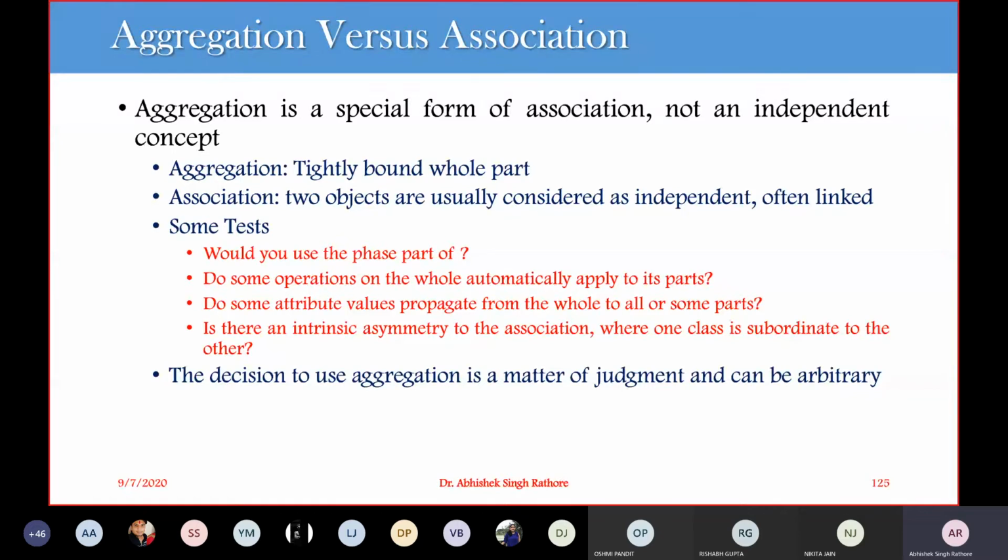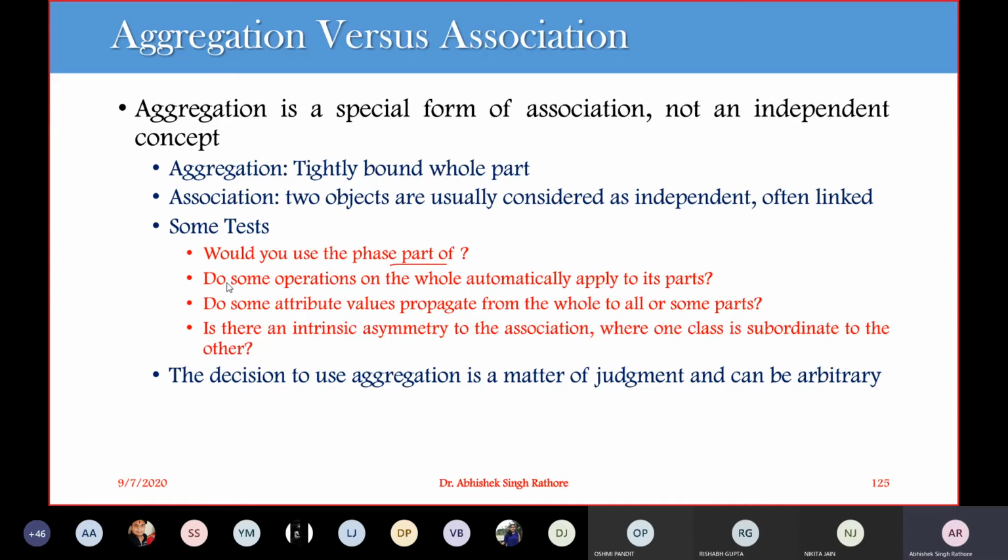Is there some part in our text like 'would you use the phrase part of'? When we write in your use case description, or in your use case diagram, or even in your requirement story, requirement description, or software requirement specification, if you encounter statements like 'would you use the phrase part of', then this is again an aggregation relationship, because this is a part of. Let's say this SVIT is a part of S triple B, and we can model all those sorts of things.